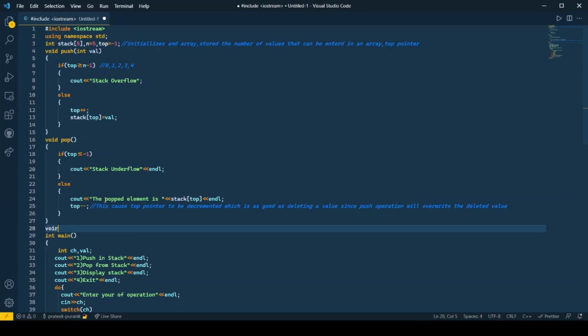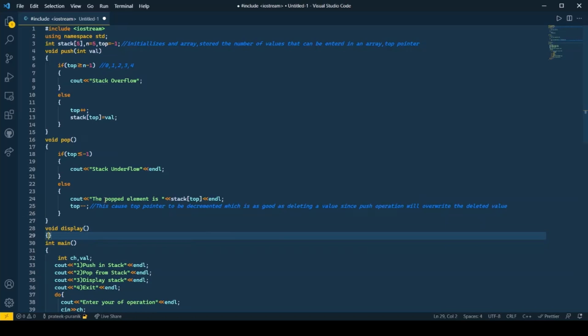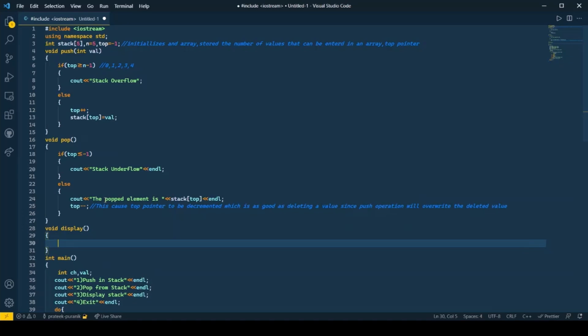Now let's look at the display function, in which we are going to display the contents of the stack, or the values which are currently in the stack. So over here we are first checking if top is greater than or equal to 0, to ensure that there is at least something in the stack.